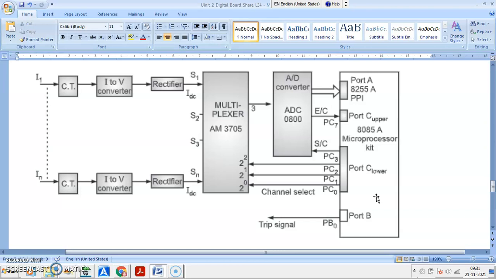They can display the value of current, so a digital display is also possible, at which the relay is tripped. You can have a tripping record. They have the ability to protect and monitor, not only protect but monitoring ability also. They have a very high speed of operation. Okay, so these are multiple applications and advantages of microprocessor based relays. Why are we moving to microprocessor based relays? The reason you should be able to tell.